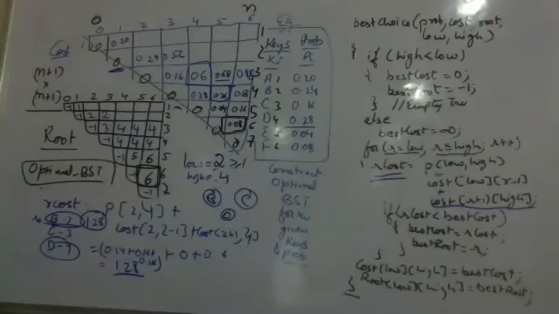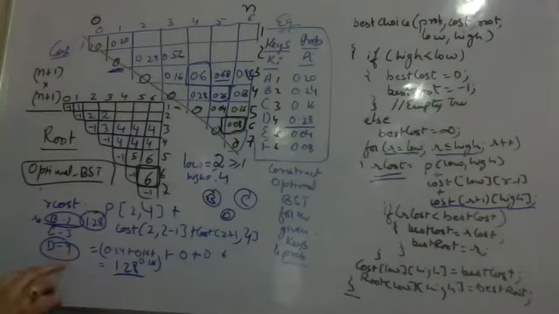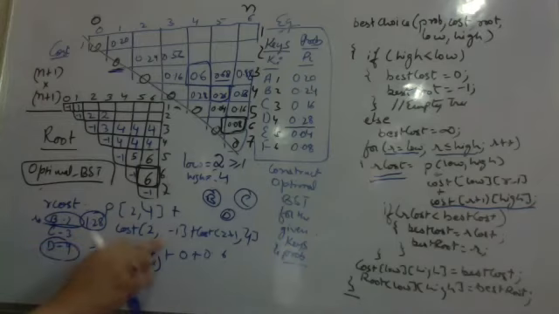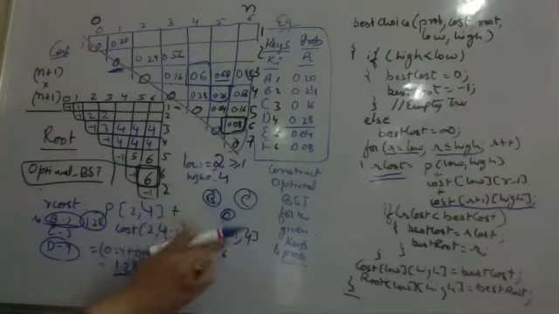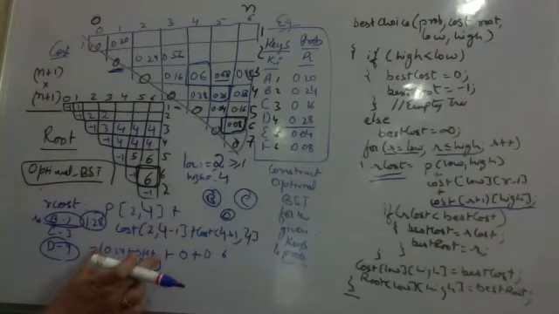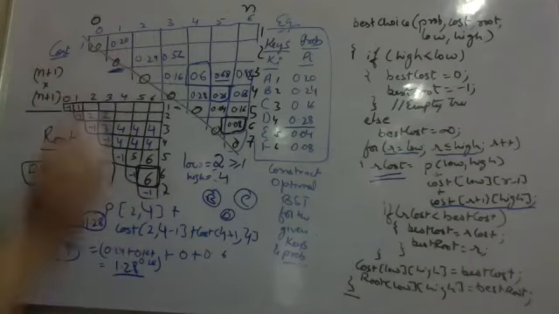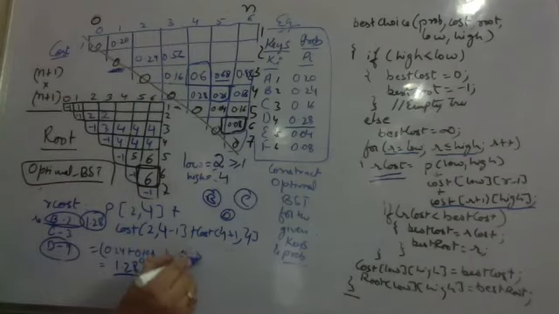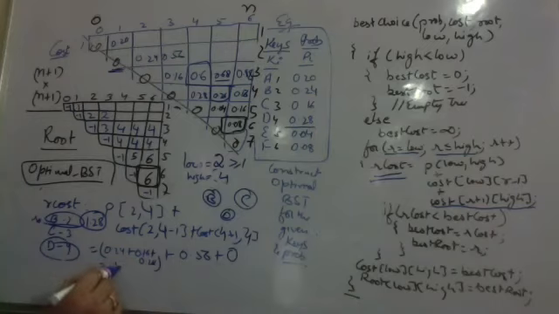Anybody who has done the calculation? Yes, ma'am, it is 1.28. Okay, thank you so much. So let's try for root as 4. In case the root is 4, the values will change, probability remains the same. Cost of 2 comma 3. 2 comma 3 is 0.56, plus cost of 5 comma 4 is 0. So this comes out to be 1.24.